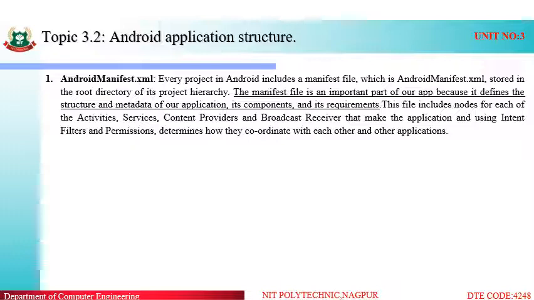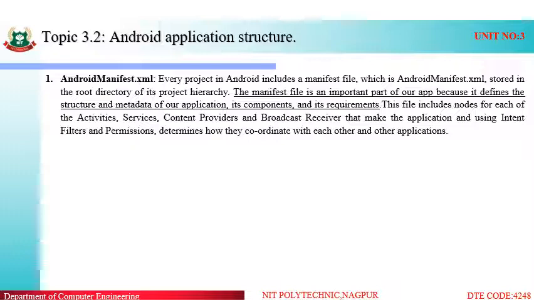The most important file is the AndroidManifest.xml. Every project or every application in Android includes a manifest file, which is the AndroidManifest.xml. So every application you create will consist of an AndroidManifest.xml file. It is stored in the root directory of its project hierarchy.